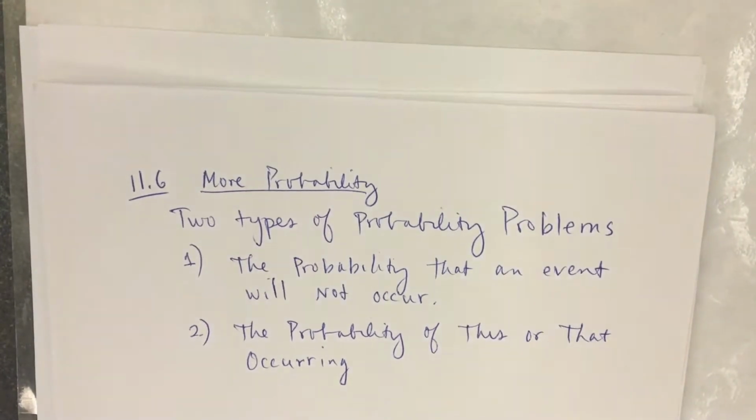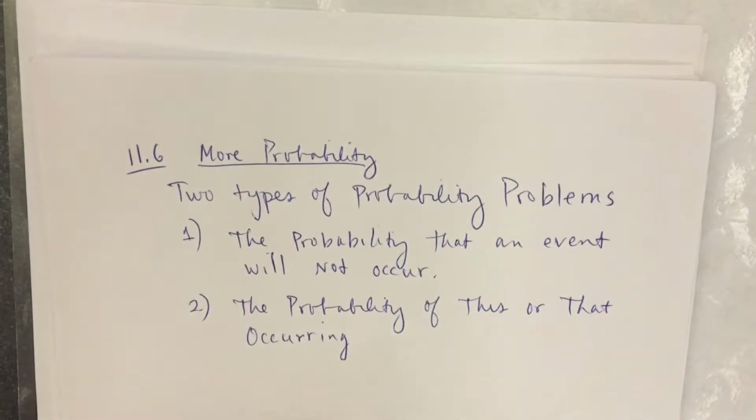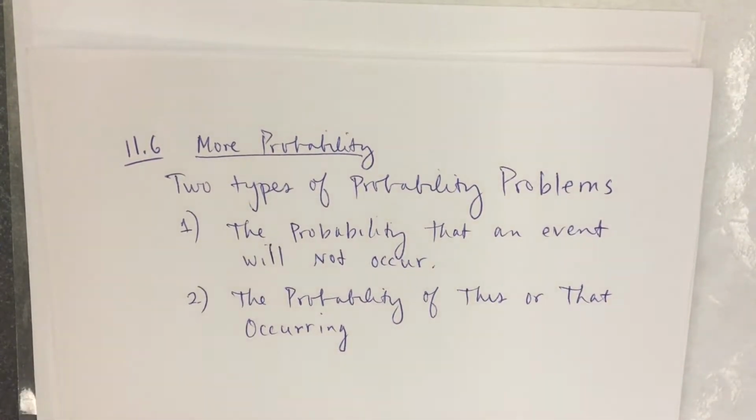Okay, so here we're doing some more probability, and two types. Probability an event will not occur, and the probability of this or that occurring. Now, something about this section in the book is that we are doing things like picking one card, throwing the die one time, pick one person. So it's kind of important to say that